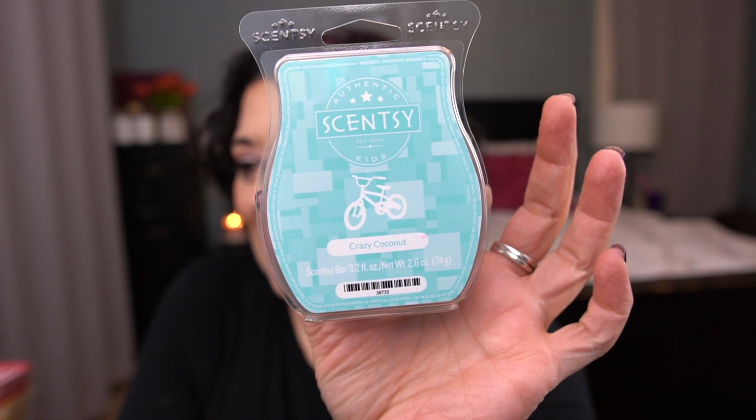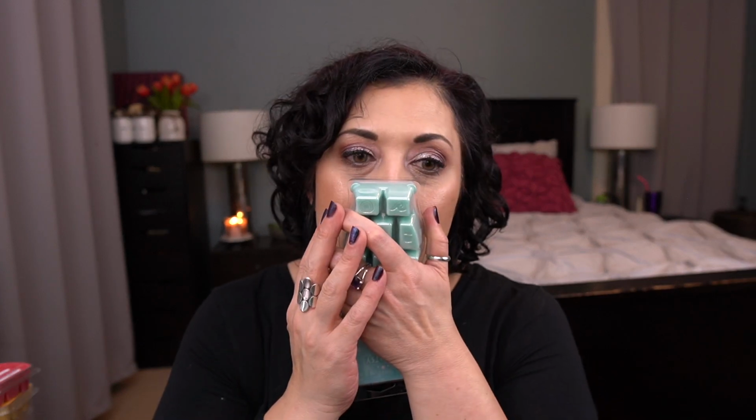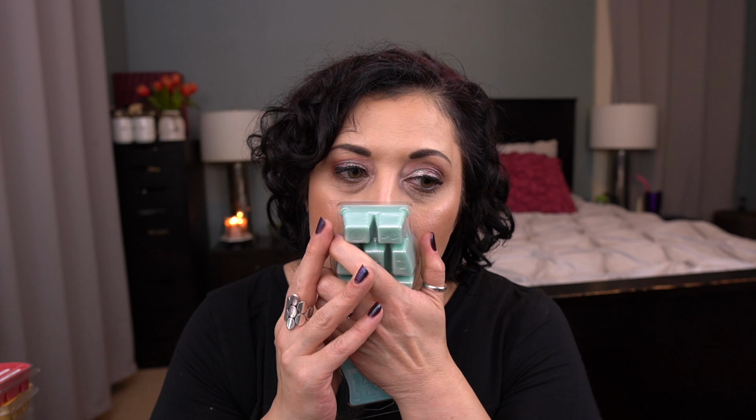This one I'm also excited about, Crazy Coconut. This is coconut milk mixed with fruit and vanilla ice cream. Beautiful colored wax. Oh, what does this remind me of? That's really good. It kind of reminds me of Coconut Palm, but sweeter. Was not the biggest fan of Coconut Palm,